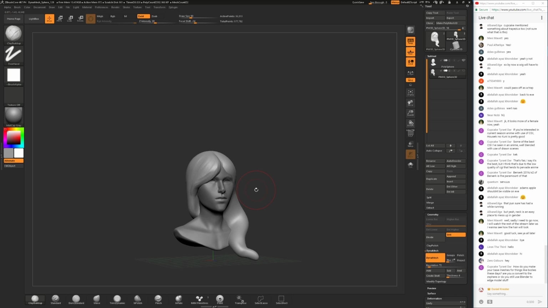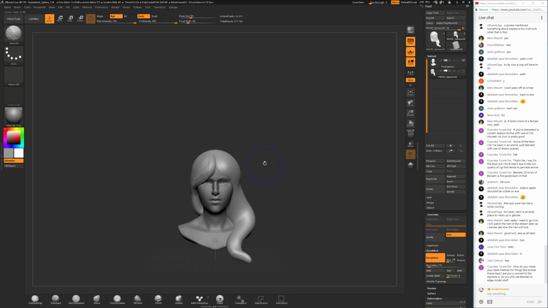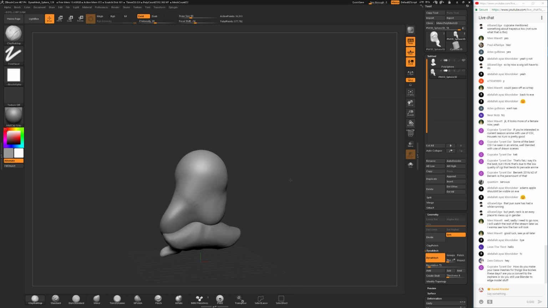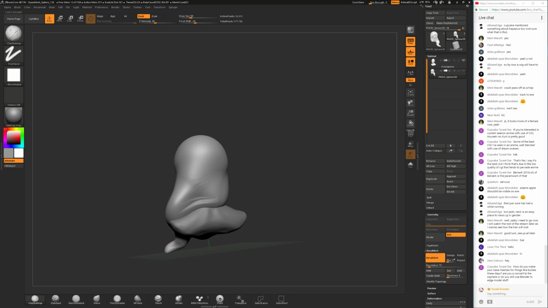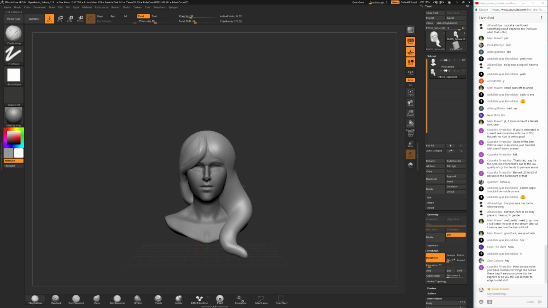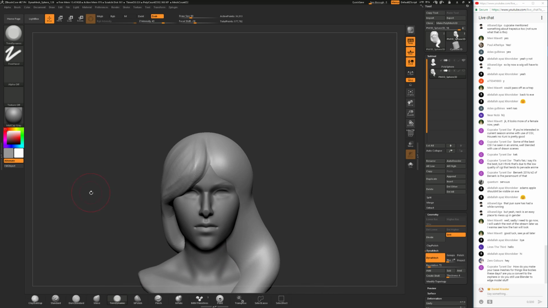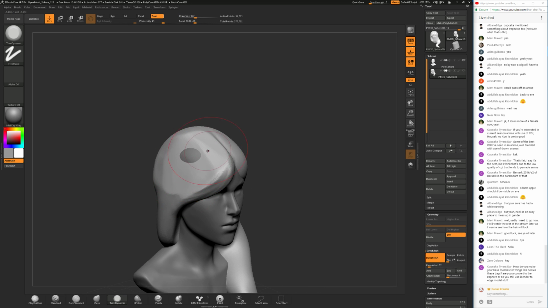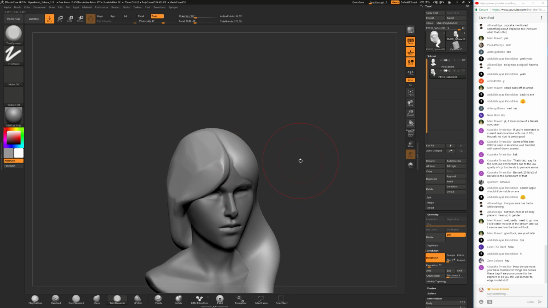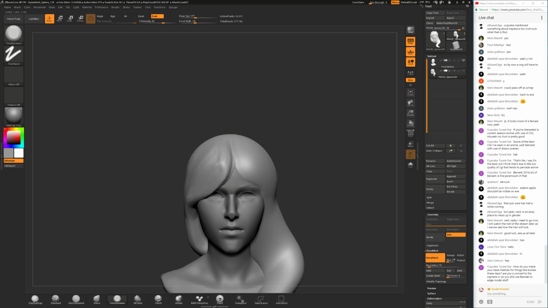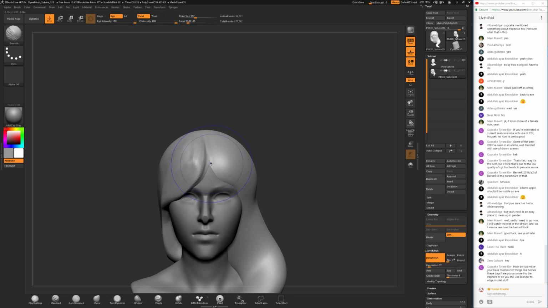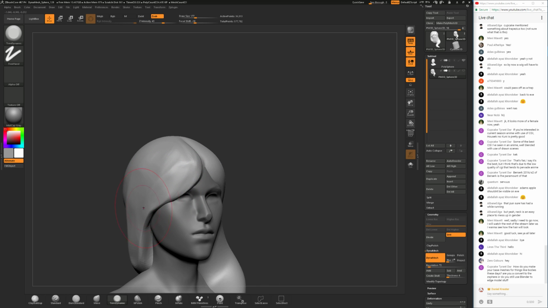Okay, so let me talk a little bit about what I do with the hair. So I started out with a sphere. I used the move brush to drag the hair roughly into the right shape. I mean, it's really, really rough at that point. And one thing that is very often gotten wrong by many people is that you add too much volume right around the head. Because you're approaching it in such a rough way, it will be very easy to just make a very, very thick layer of hair around the head. But that tends to be usually way too much.